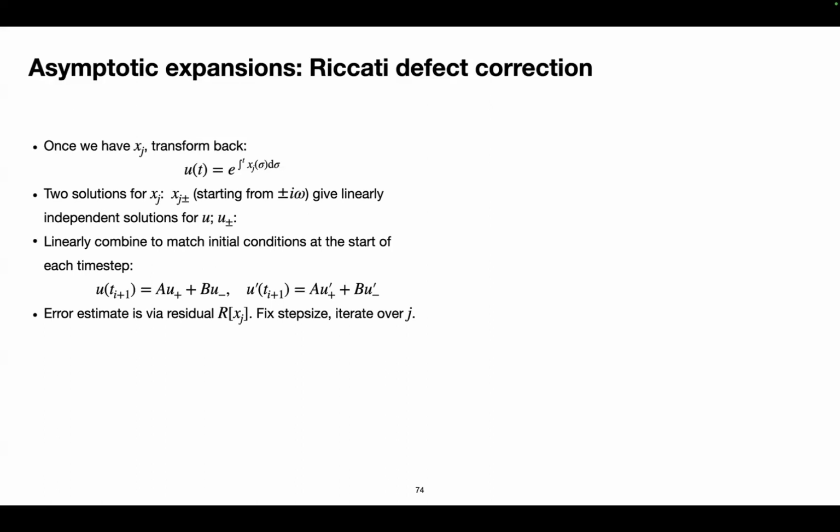Okay, so each numerical method needs three things. It needs a forecasting step, so it needs to forecast the solution from where you are currently to the end of the solution interval, or until the end of the next time step. But it also needs its own error estimate, and it needs an algorithm to adapt the step size. The error estimate is going to be via the function that I defined earlier, the residual. This is a measure of how well the ODE is satisfied.